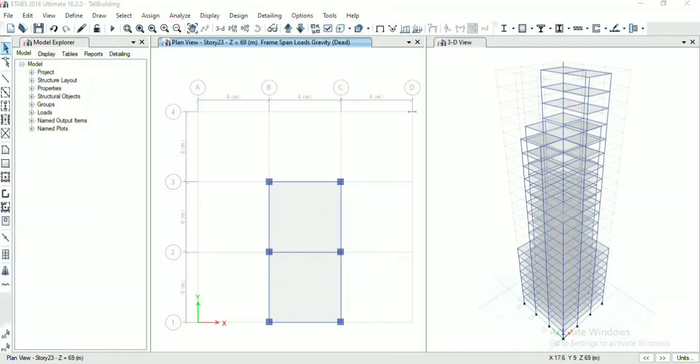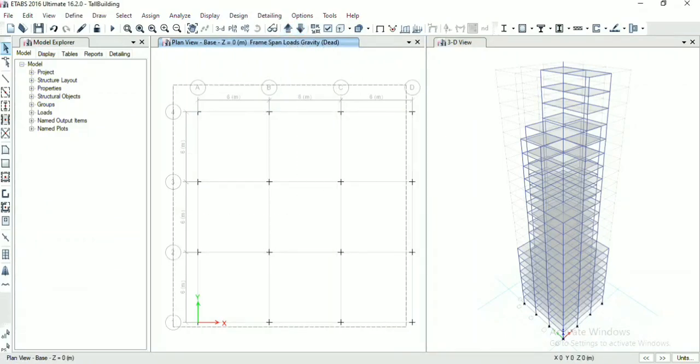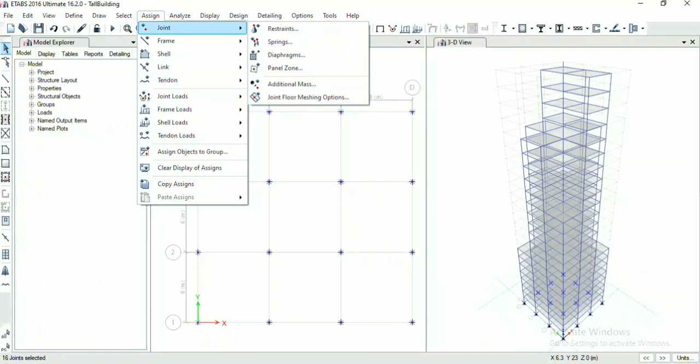Now at the base we will change the restraints to fixed, so go to base and select all the restraints and change them to fixed.